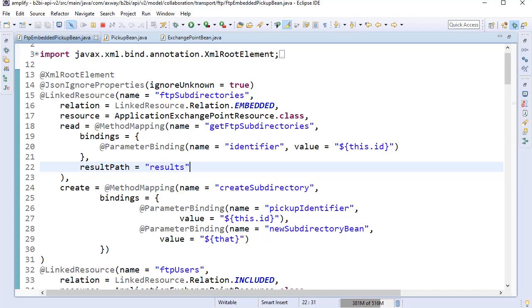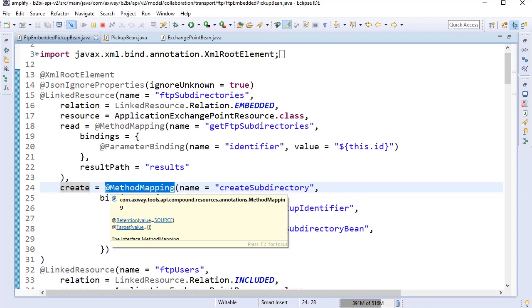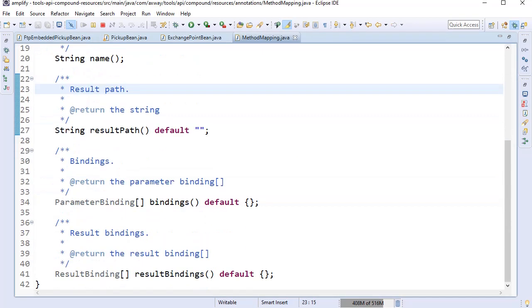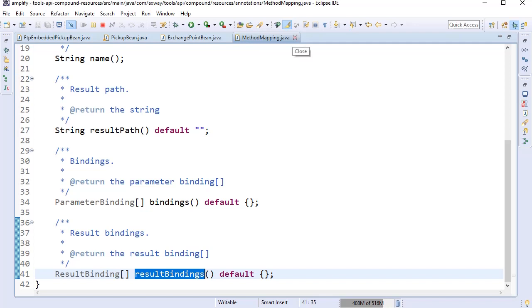However, creating the server needs to happen before creating the application pickup, as I said. So in order to specify that, we added a property that's called result bindings. So if you set on the method mapping this result bindings property, this one, then